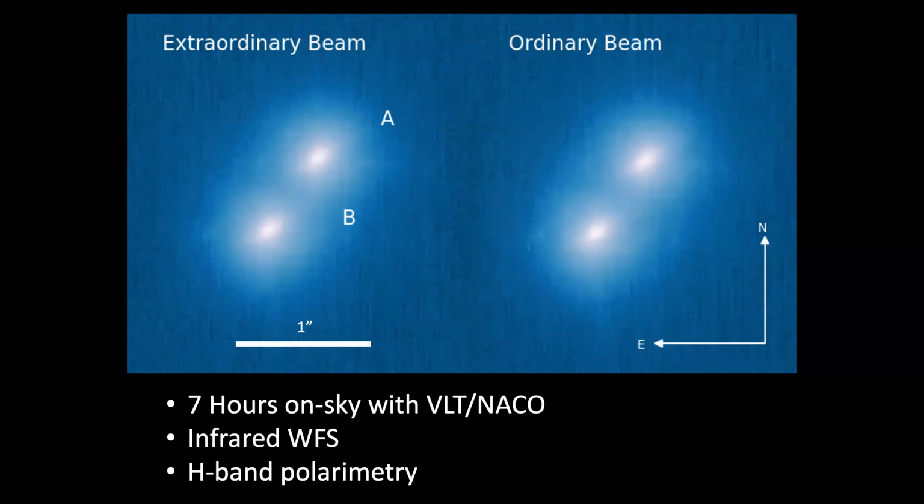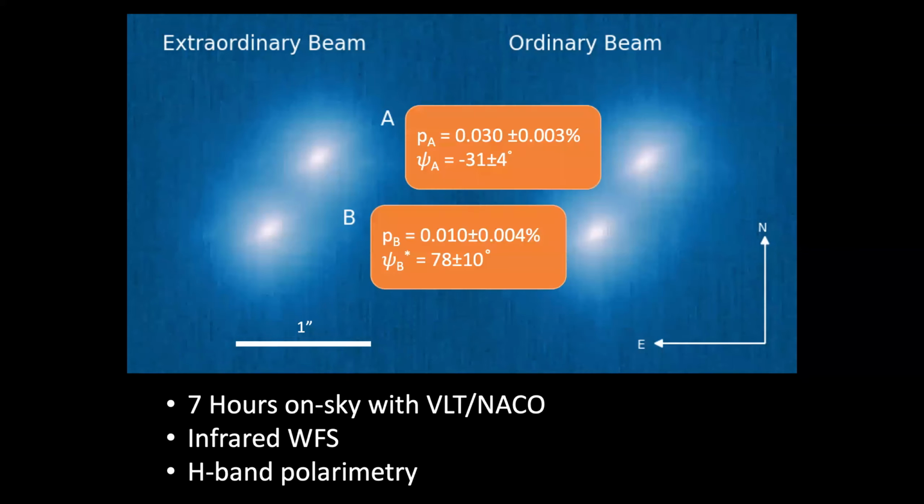The idea was that we were going to monitor B to try and catch some of these spots moving in and out of view, and that would break the asymmetry that we needed to get a polarization signature. And to our surprise, we found no variability to within our detection limits, but we found that both A and B had